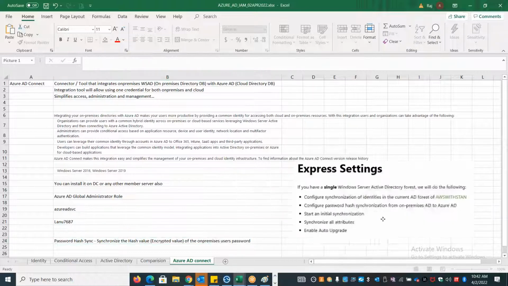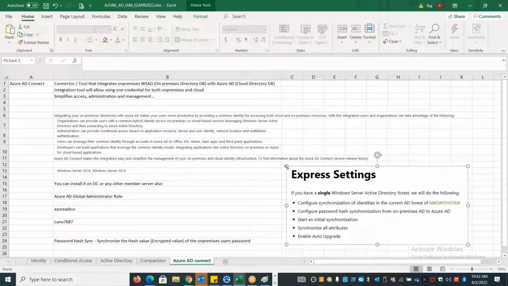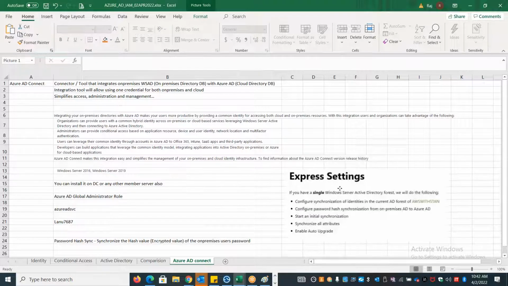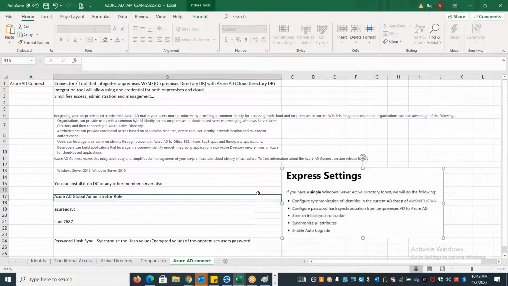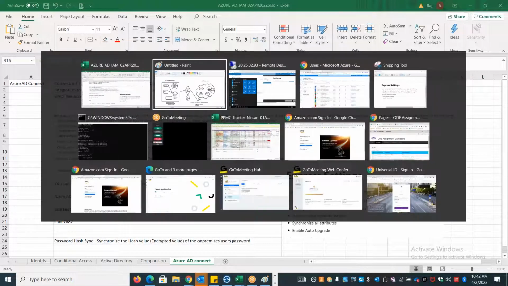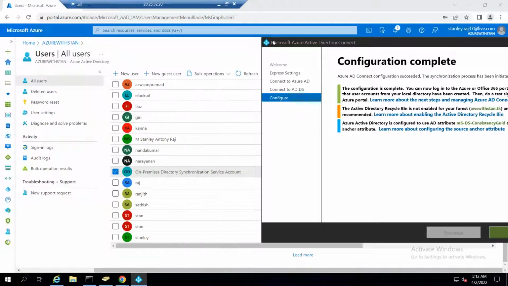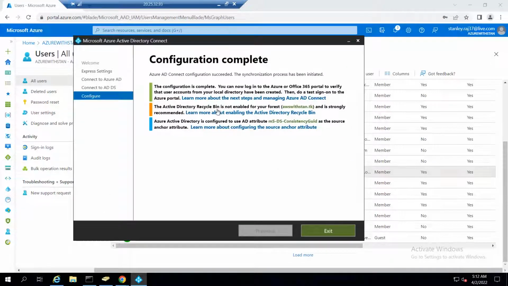Okay, that is the default method on how it will synchronize. There are other methods, I'll explain that shortly, but this is the default method. So now the synchronization is complete. You can see it is completed, and the best practice is to enable the AD recycle bin in your on-premises,